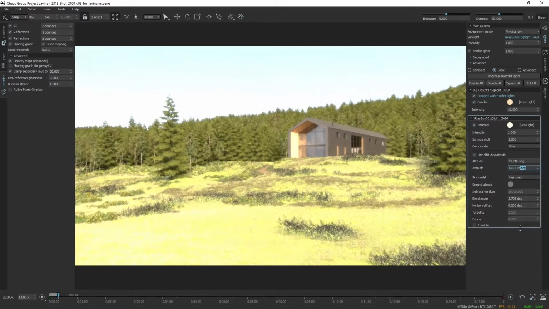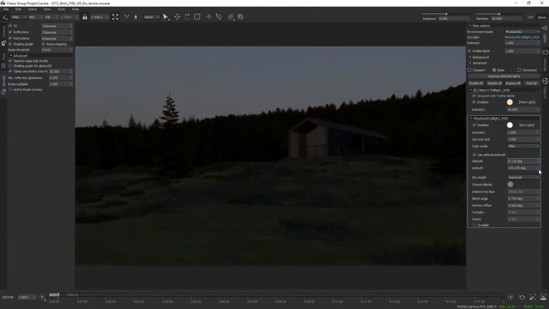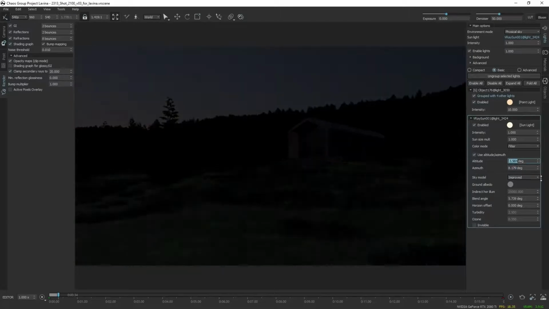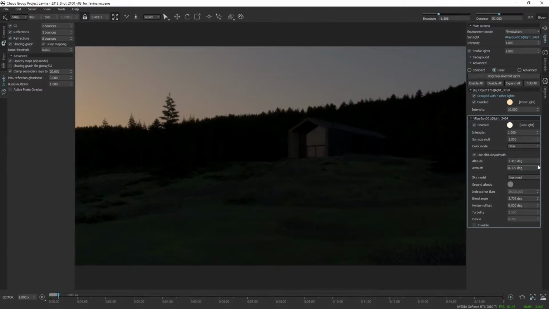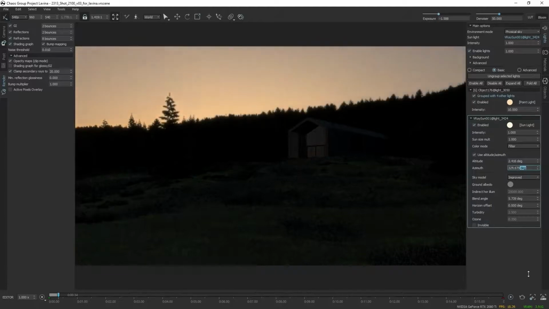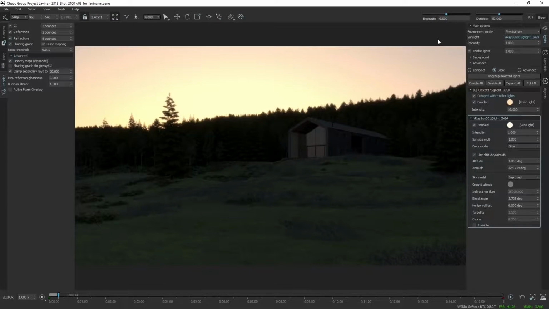Okay, so I'm going to adjust that so that we can see a lot of illumination coming right in front of the house. And by the way, I'm going to lower the exposure a bit so that we can see the sky. Change the azimuth again so that I position the sun right beautifully. Let's pick this tree over here to the left. All right, and as you can see, if I just bump down my exposure, and this, by the way, is the preview exposure, not the camera exposure. So if I right click on the spinner, I'm going to go back directly to the default setting, which is what the camera sequencer is going to render out. And now we have a beautiful